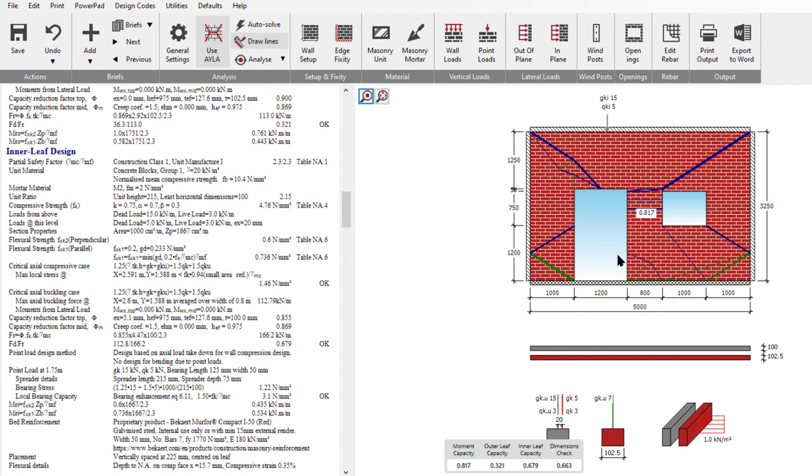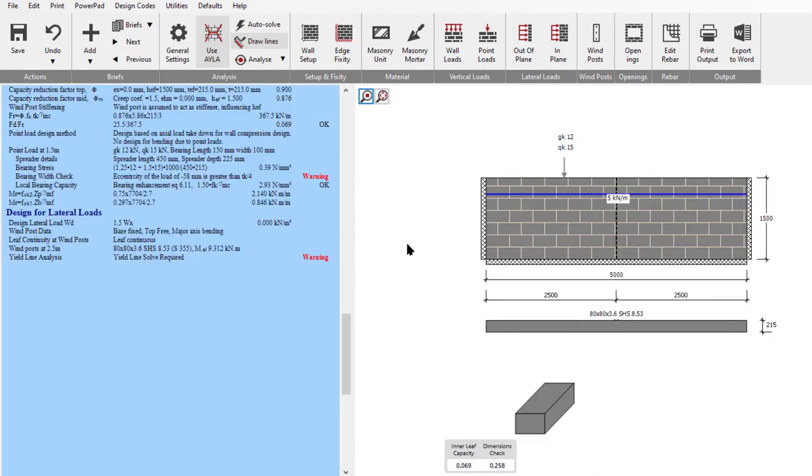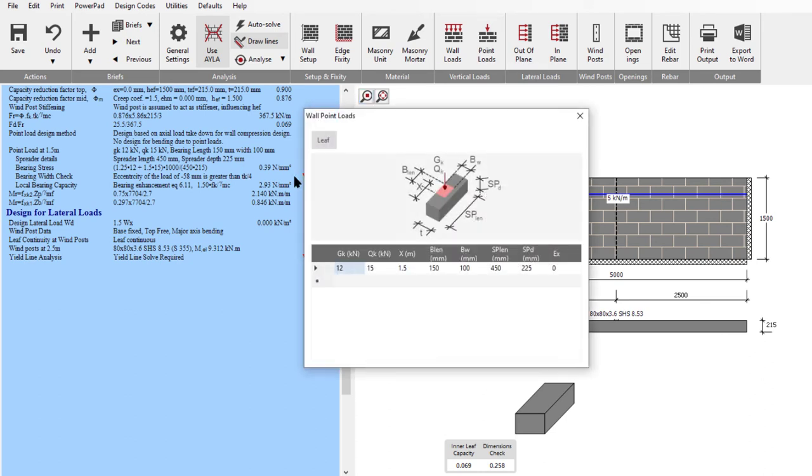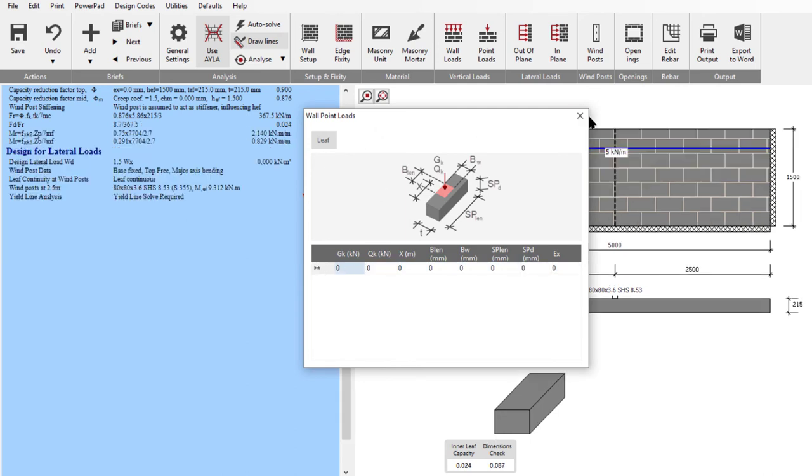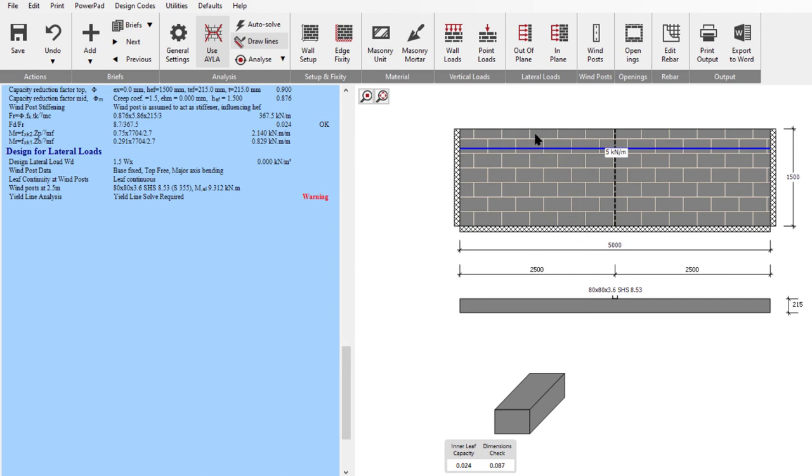The last thing I want to look at is the good old-fashioned freestanding wall, and I'm just going to come out and pull this one in here. So what have we got? We've got a wall that's embedded somehow, fully fixed. It's a single skin wall. It's got a 5 kilonewton line load on it, and it shouldn't really have a point load. Doesn't make sense. Let's get rid of that point load. Delete and close. So single wall. Let's recompute, see how it goes,